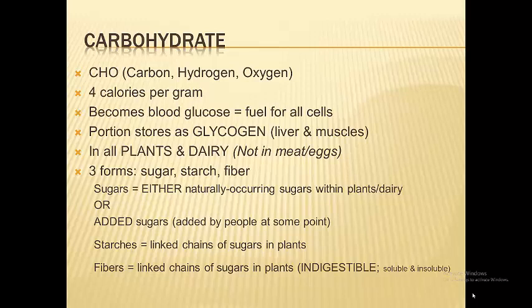If any of it is elusive to you or unfamiliar, the best thing you could do is go back and watch the carbohydrate lecture. Carbohydrate is the most challenging nutrient for most people to understand. So you did learn sugars, starches, fibers, and the unique thing you learned about those fibers is that we do not, as human beings, possess the enzyme to break them down, to digest them. So we say fibers are indigestible.